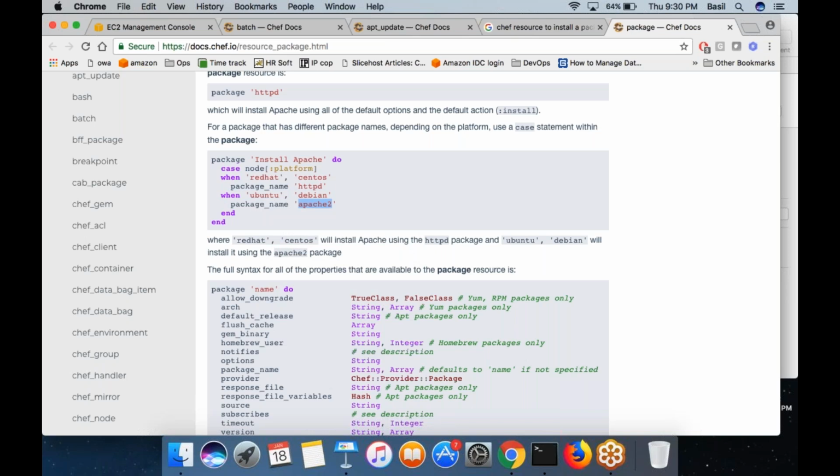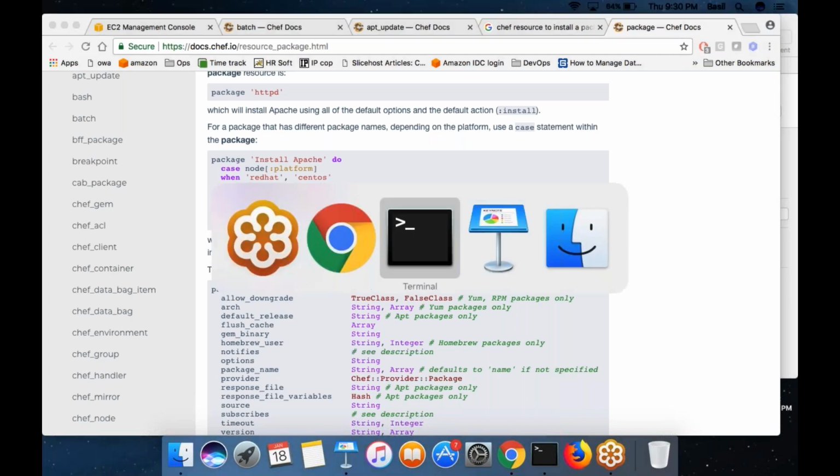Most of the time, you don't really need to be aware of Ruby when you want to run anything in Chef. You get these resources and examples from the internet. You can just look at the syntax and have the same syntax in your Chef. You can copy paste. So in my case, it is an Ubuntu machine where I want to install Apache. So the package name has to be apache2. So that's exactly what I'm going to do.